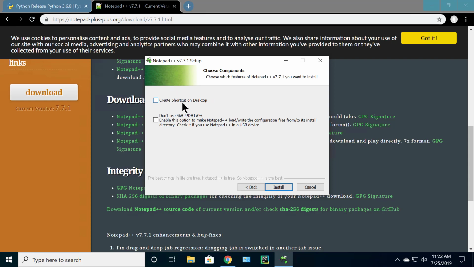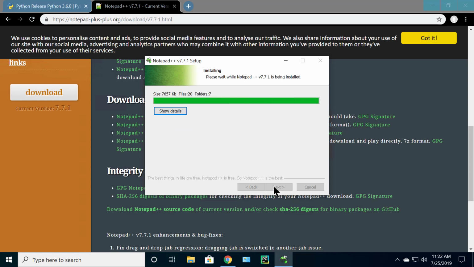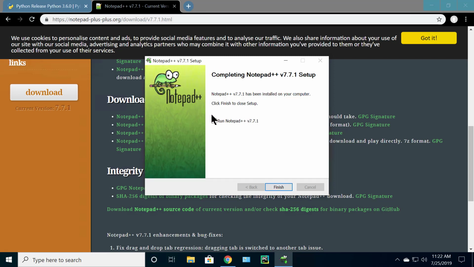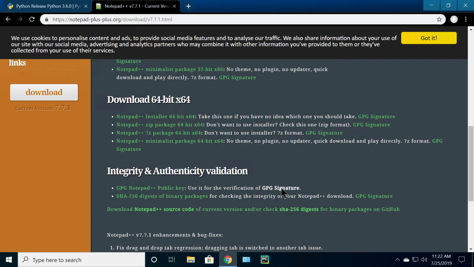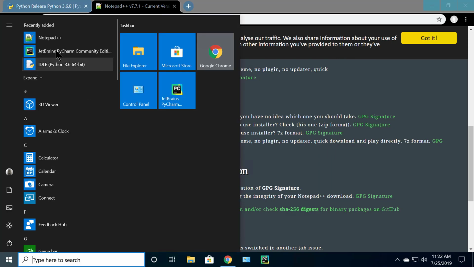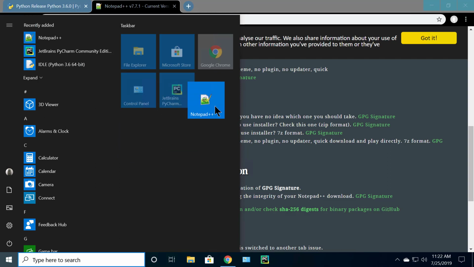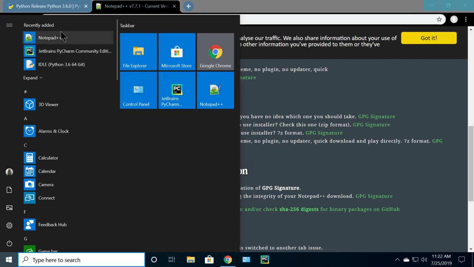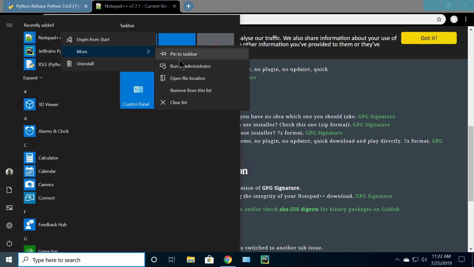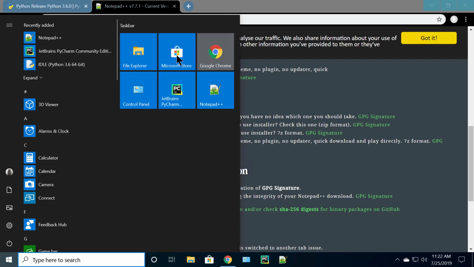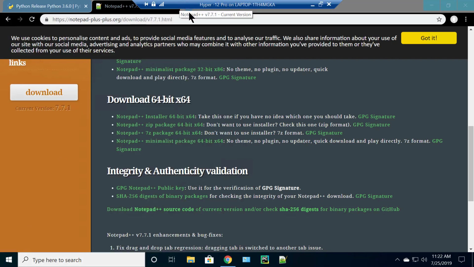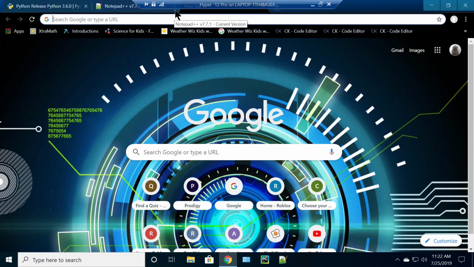You can create a shortcut on your desktop, but I'm not going to do that. And then I'm not going to run Notepad++ right away. I'm also going to pin that into our taskbar. I also need to save up almost all your storage,